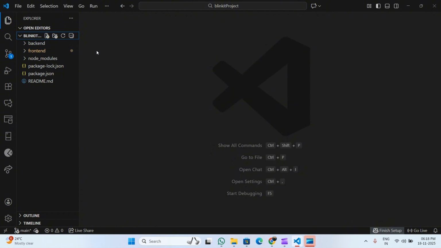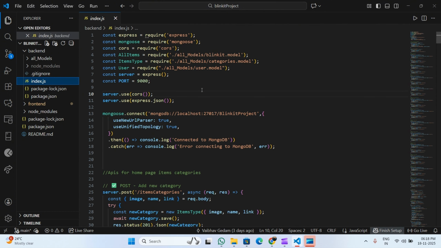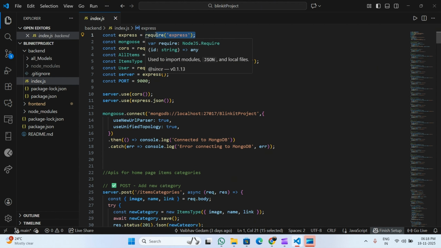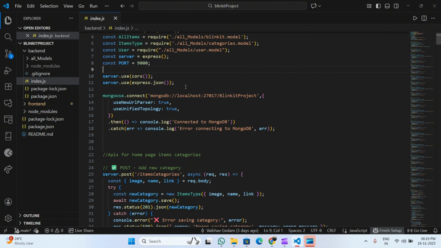So now I show you my backend folder. In that folder I show you my backend file, that is index.js. So this is my file. The first line is where I have imported express, because we are creating the backend with express.js. After that, first I have created a server for our backend to run. So you can see here the small code for the backend. So after that,